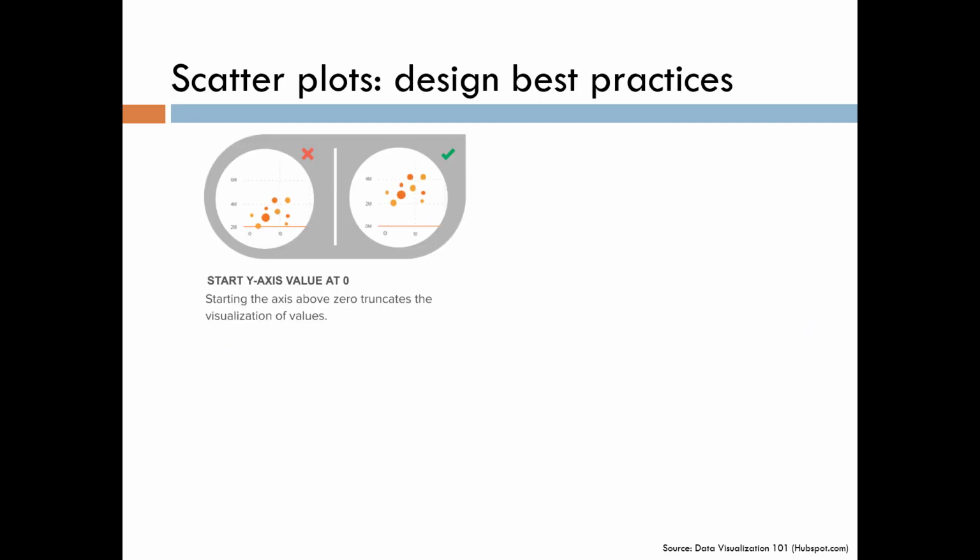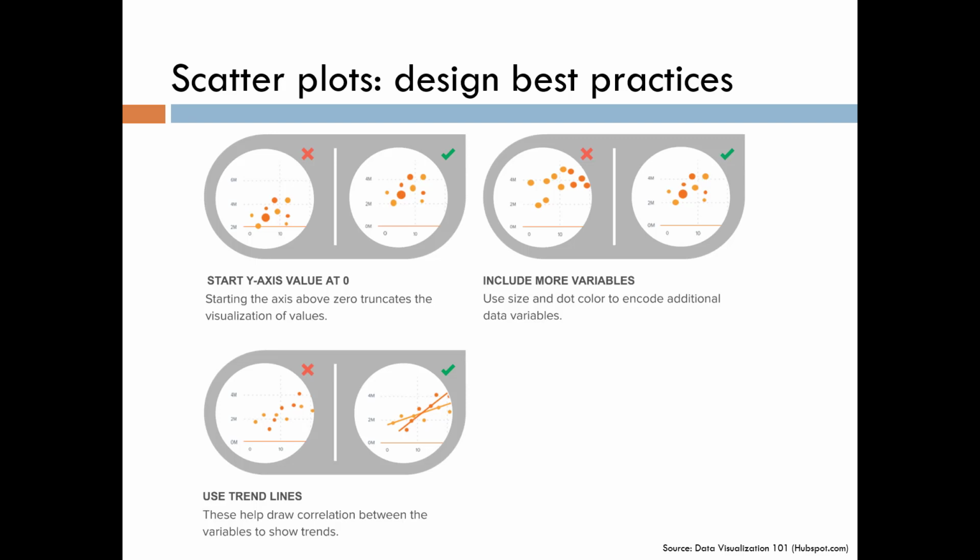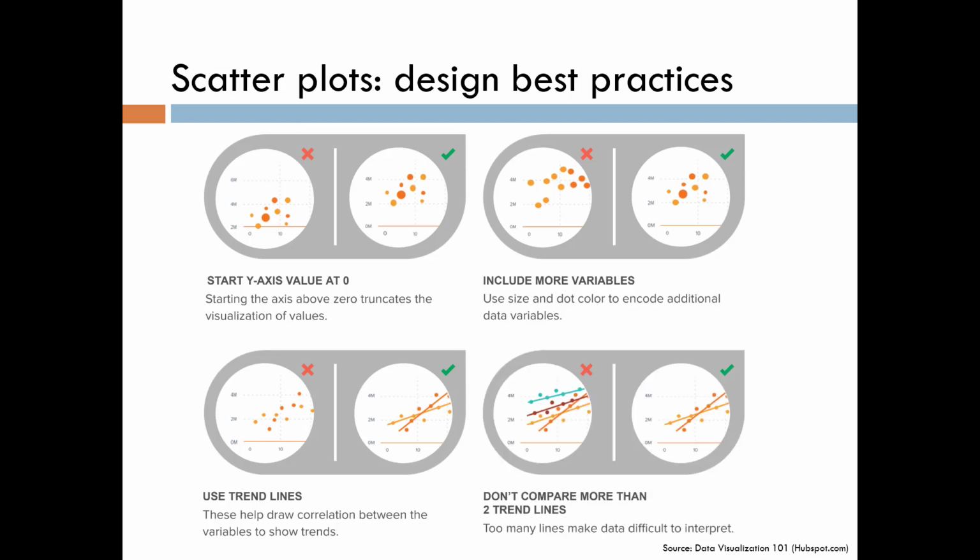Best practices for scatter plots are start the y-axis at 0. If you need to include more variables in the plot, such as product type or profitability, you can do so by using different colors or bubble sizes. Use trend lines to show the nature of the correlation between the variables. If you want viewers to compare trend lines, don't show more than 2 at a time, as that can make